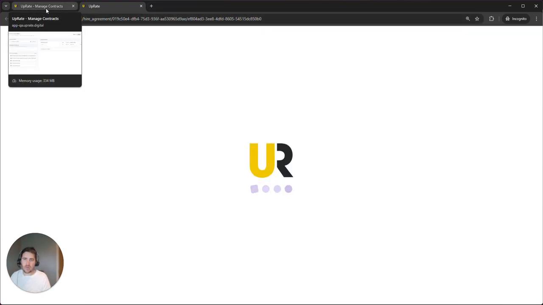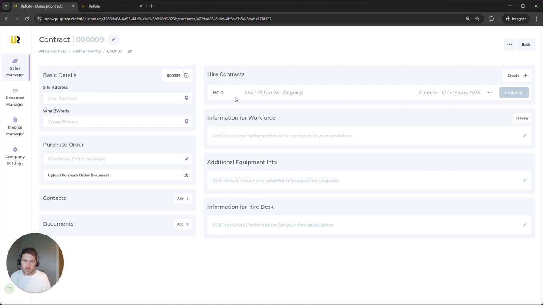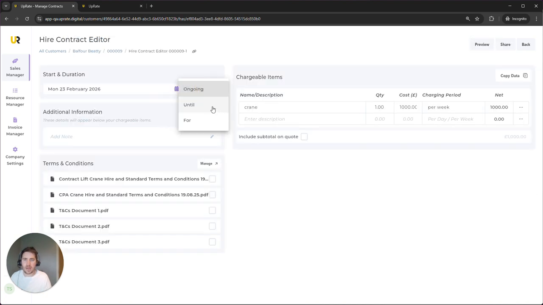If I now want to create a second contract for this, previously I wasn't able to. I only had the one that was available to me. So if this is a 2 week job and the customer asks me for one contract per week, previously I wasn't able to do that. Whereas now, if I've got my first week covered, 23rd of Feb, I'll update that and say it's running